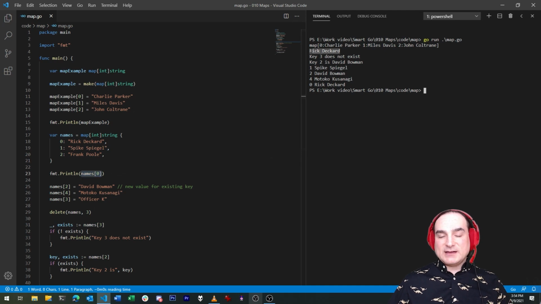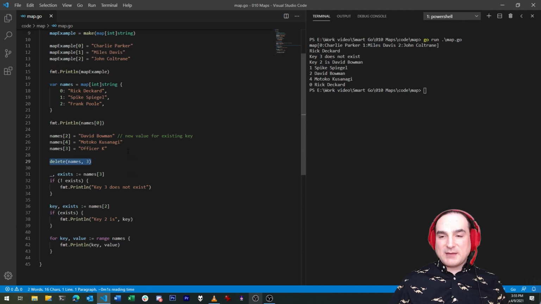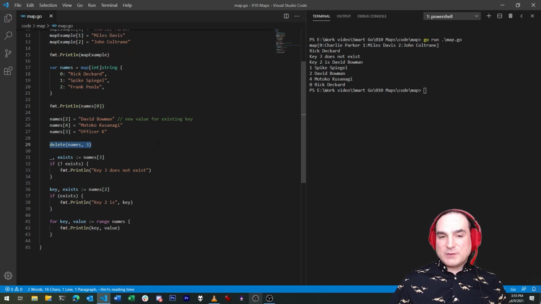We've already covered adding elements to a map, but if we want to remove elements, we use the delete function, where you supply the name of the map and the key to remove. Note that delete operates silently. It doesn't return an error if the key doesn't exist. It doesn't return anything to indicate that a delete was in fact successful. If the key doesn't exist, it simply does nothing at all.